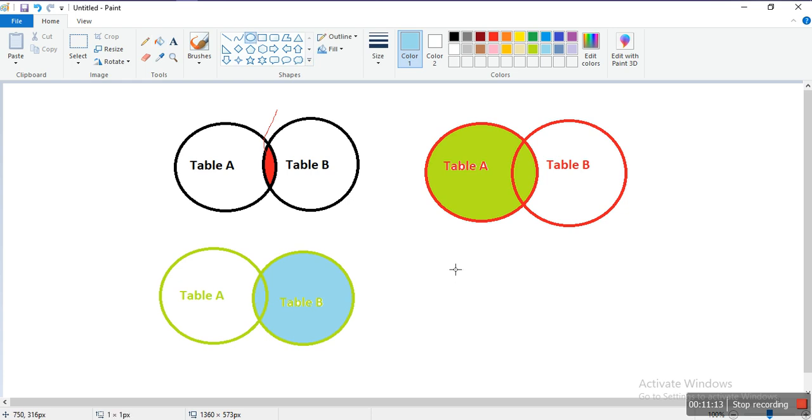So let's see the diagram of full join. Sorry guys.